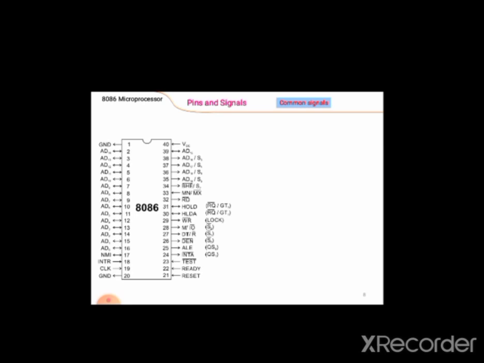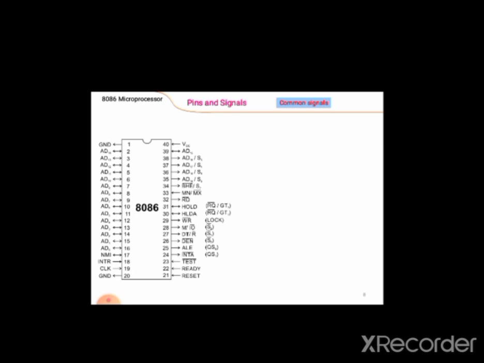Then S5 is an interrupt enable status. Now what do you mean by interrupt? An interrupt is nothing but a small program which we are going to execute first, or a priority program that we have to execute first.